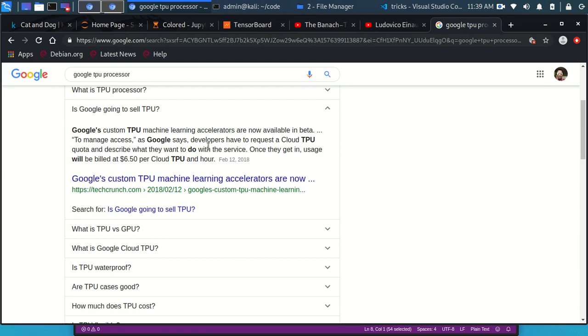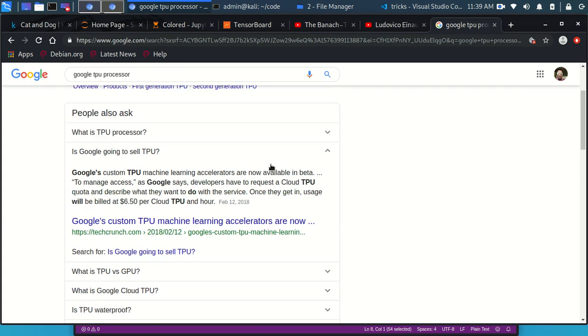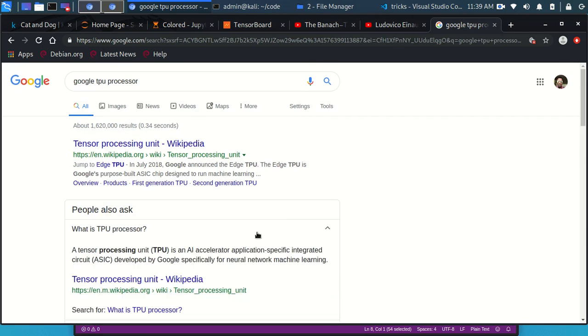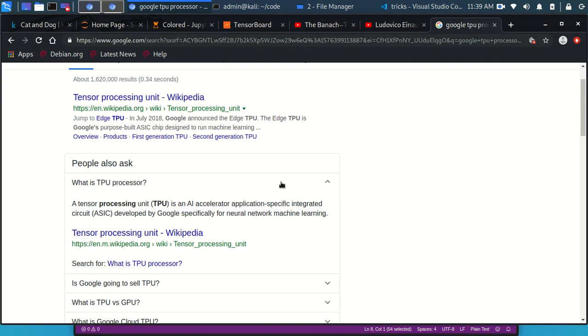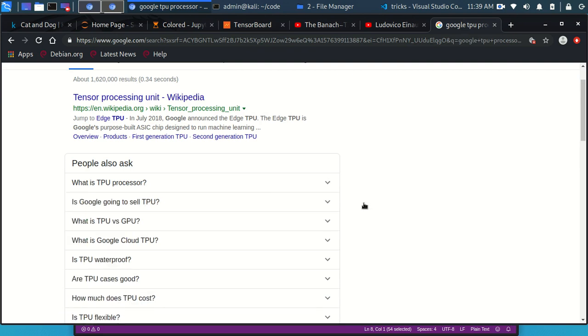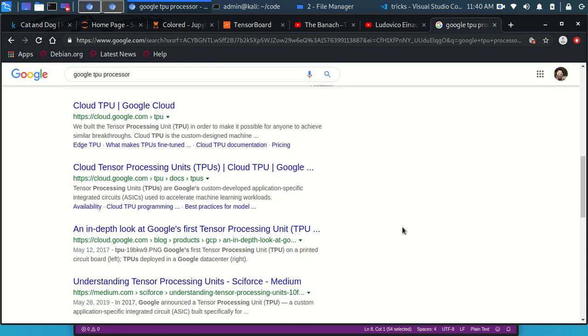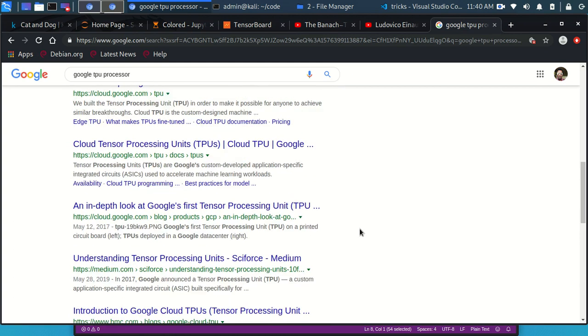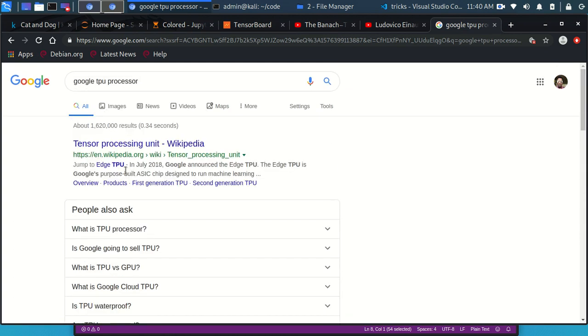So it seems they are not interested in selling it because I believe the reason is it's proprietary technology and they don't want duplicates to be on the market. So you can use it from their platform, which is the Google Cloud, and basically run your code on a TPU